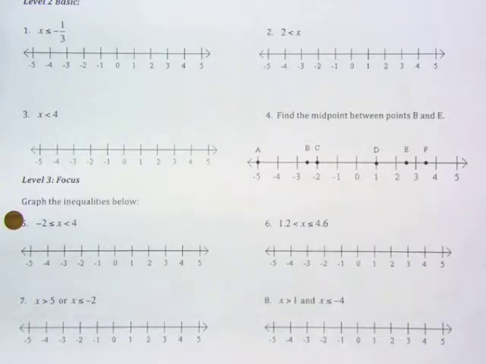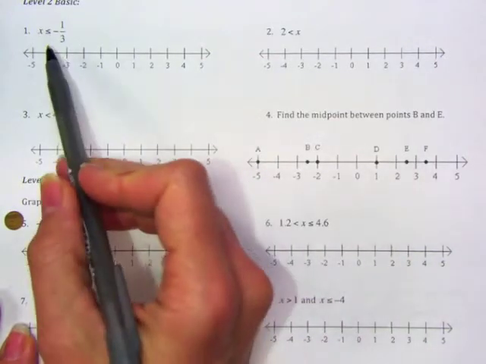Okay, first we're going to start with doing some review. We're going to start by working on practice 2 and we're going to work on the odds. Remember the last couple classes we've been talking about inequalities, the idea that we want to find all of the values that make some sort of inequality true, something that involves a less than or a greater than and the equal to. So starting with number 1 here, when I go to graph an inequality,